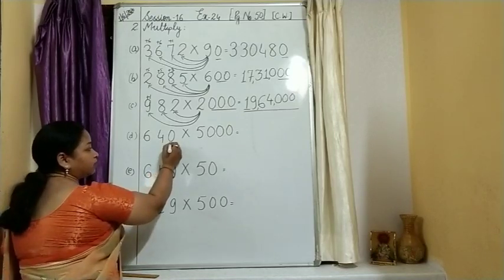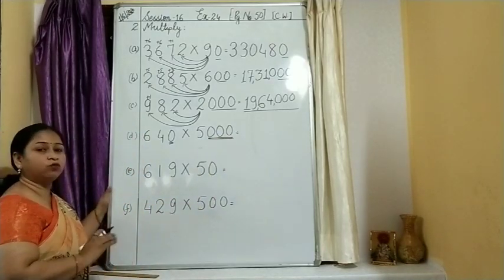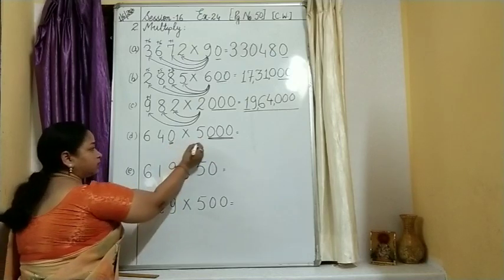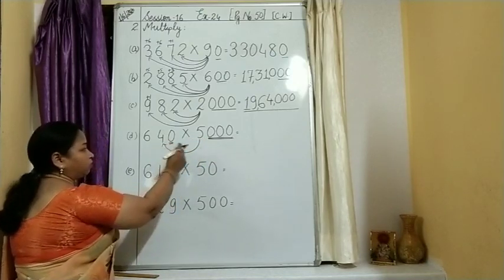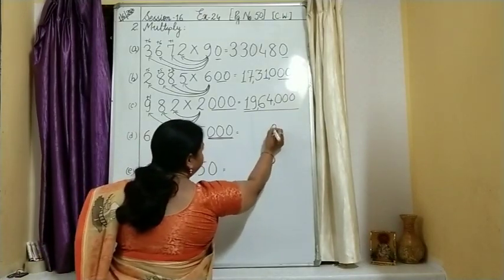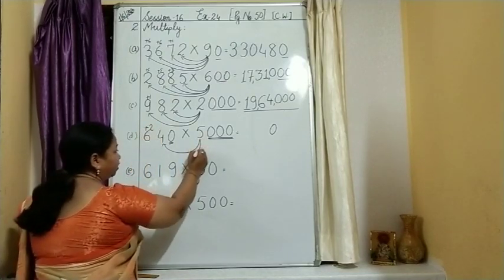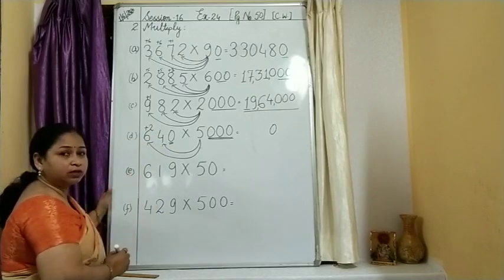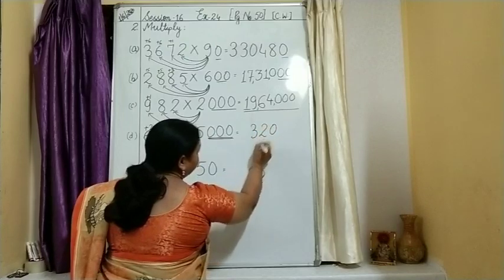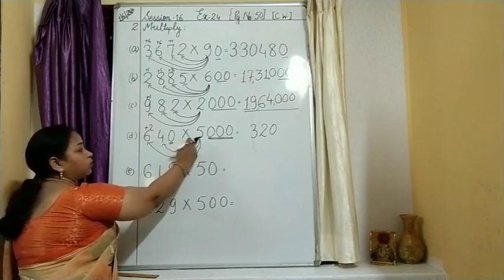Here you are having a 0 as well as zeros here over. What we have to do? We have to ignore the zeros. Start multiplying. I will not multiply with this. I will straight away multiply by 4. 5 multiplied by 4. What will be the answer? 20. I write 0 over here, and 2 will be carried further. Then 5 multiplied by 6. What it is? 30 plus 2, 32. This number you have got only by multiplying 64 and 5.